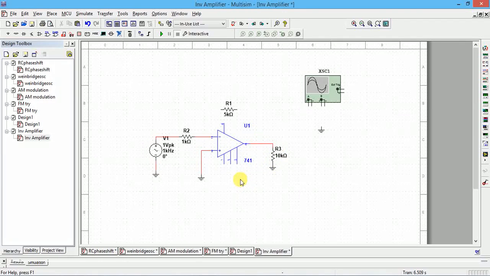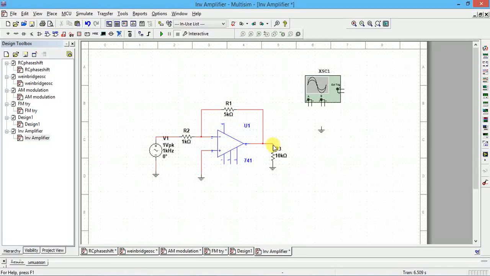This is RL, you can connect, and RF you can select as 10k. The ratio of RF by R1 is going to decide the gain.